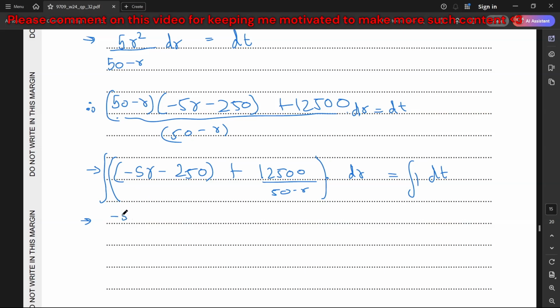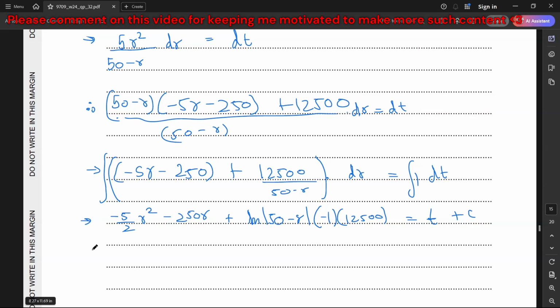It's going to become 5 by 2 r square, then minus 250 r, then plus ln of 50 minus r multiplied with negative 1, and then we also have 12500 is equal to t plus c. I am having the integration constant for both the sides combined on the right hand side, okay. And from here I can just say that when the value of t was 0 and r was 0,